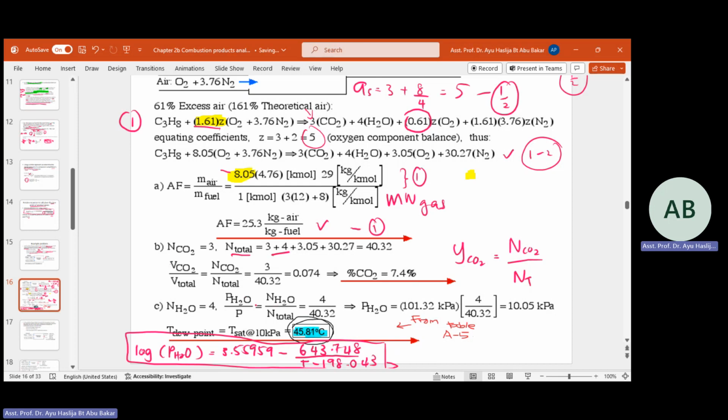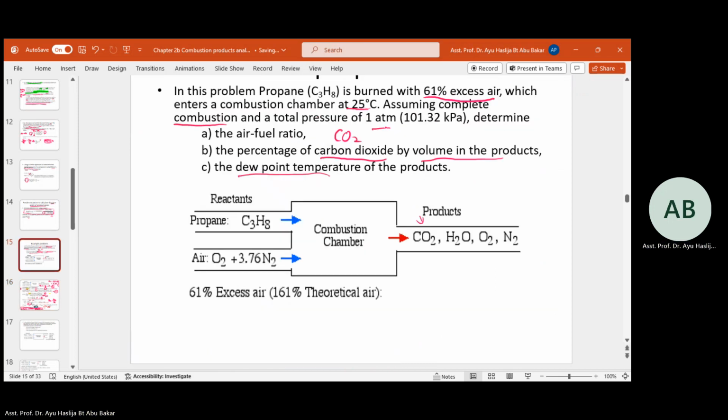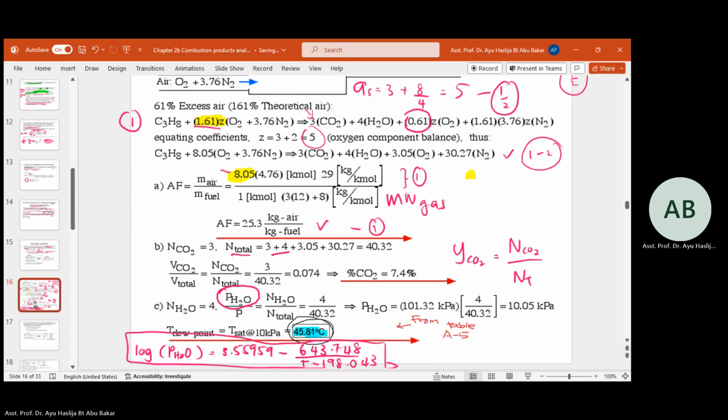Where we know that kita boleh samakan the N fraction to the partial pressure fraction. So N total kita dapat tadi 40. P now kita nak cari pH2O, the partial pressure. P is given as in the question earlier. Okay, P is 1 atm. Equivalence to 101.32 kPa. Okay, so dari situ kita boleh dapat the pH2O